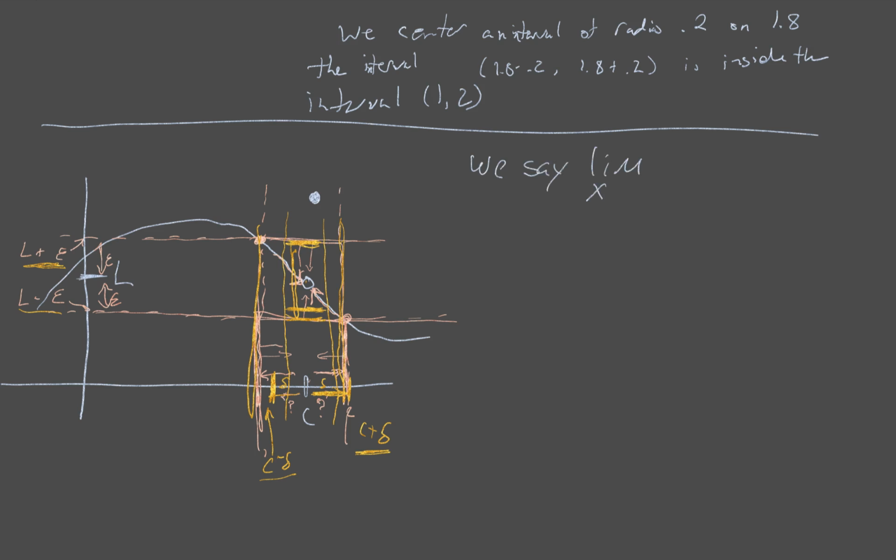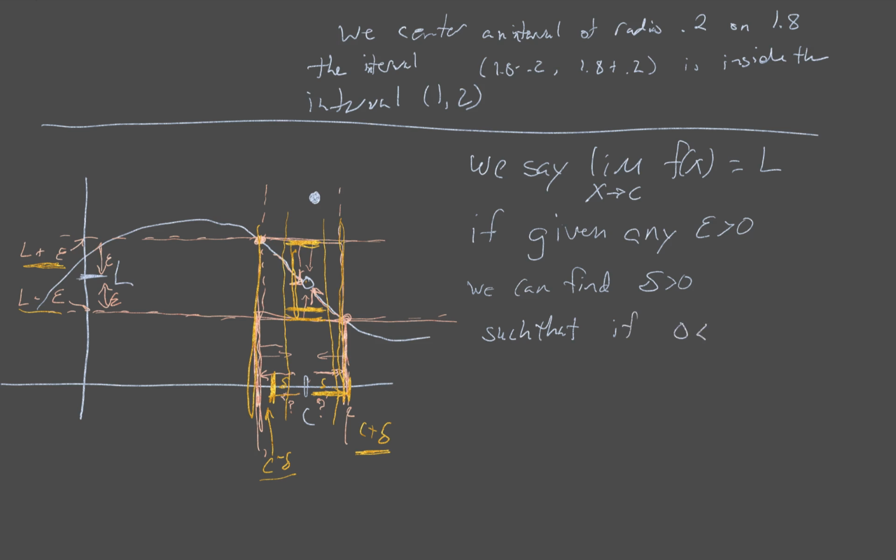that the limit as x approaches C of f of x equals L if, given any tolerance epsilon, which is bigger than 0 because it's going to be a distance, right? That's how far away from L we're going to be. If we're given any epsilon, any tolerance from L, we can find delta bigger than 0. We can find a little interval around C with radius delta such that